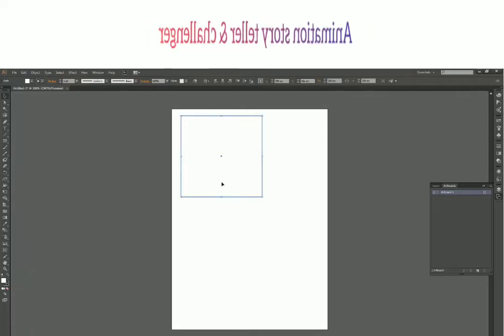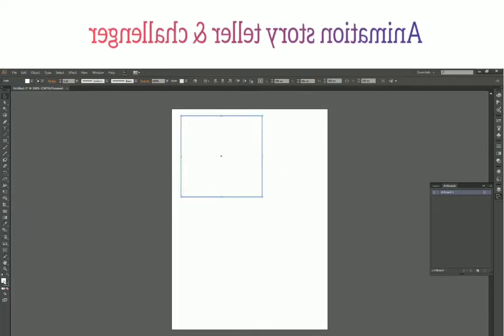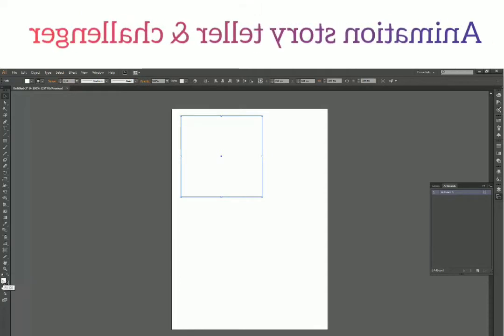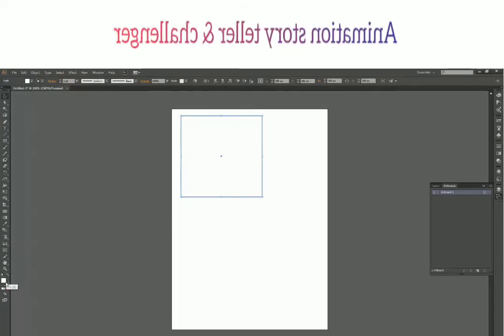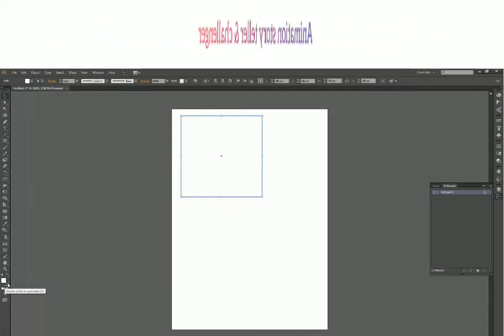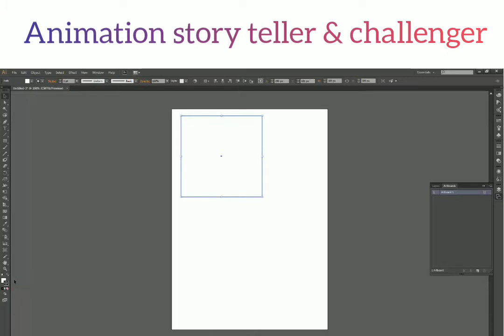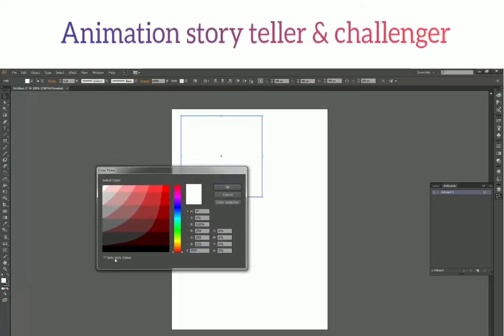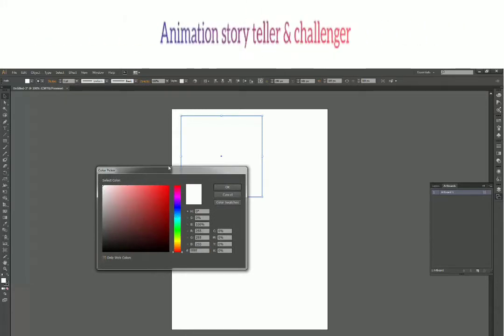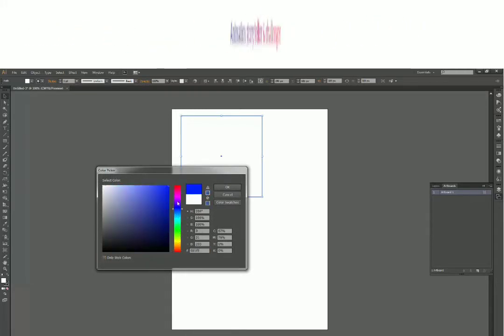Now if you want to fill some color in it, you have these two boxes around here. This one is for fill, and this one is for outline, which is called stroke. Click to activate, or I can press X also. So X is for switching between fill and stroke, and let's just fill some color in it. To fill it, I just have to double click on this box, and there I go. I have my color picker over here, and I can pick any of these colors.